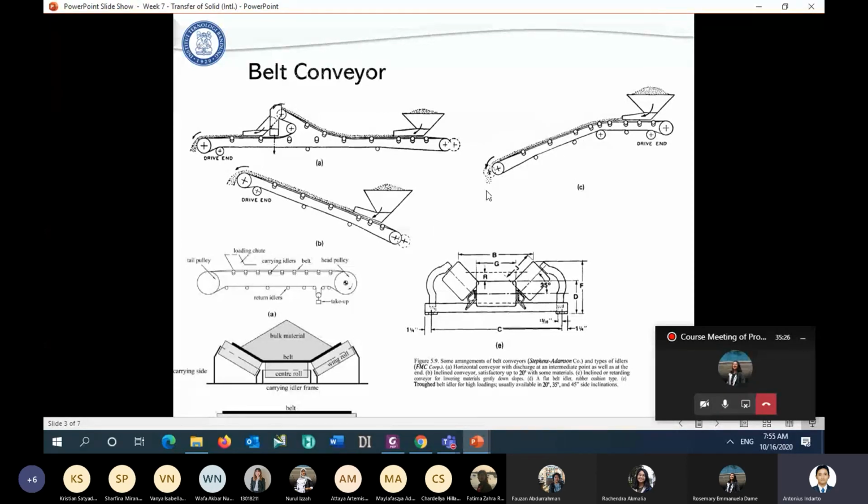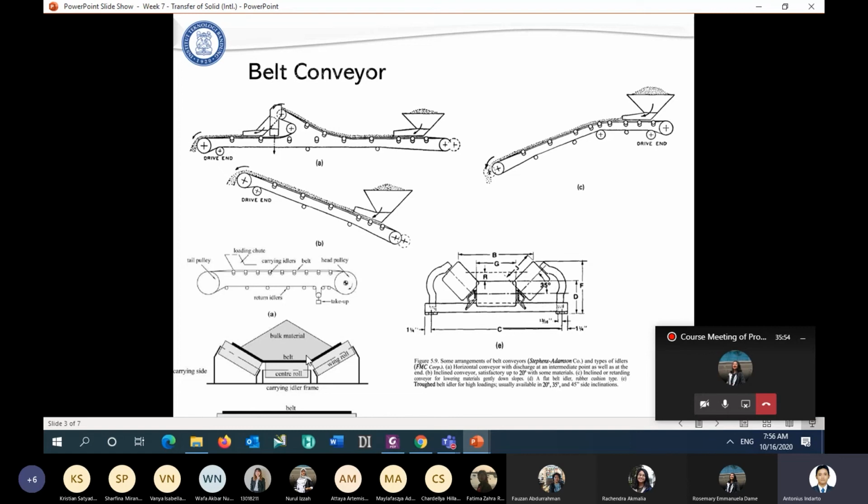And this one, for example, is the position from the side view. Here we can see that this one is the belt, the rubber belt, and this one is the roller. And then we put material on top of the belt.